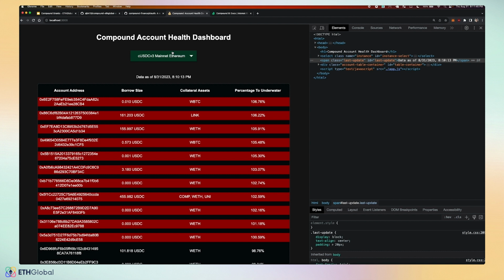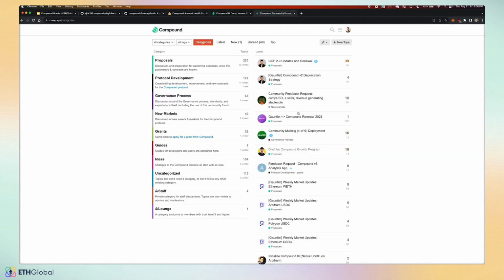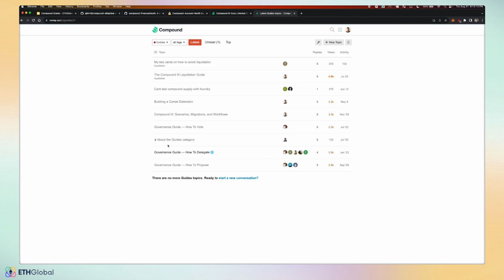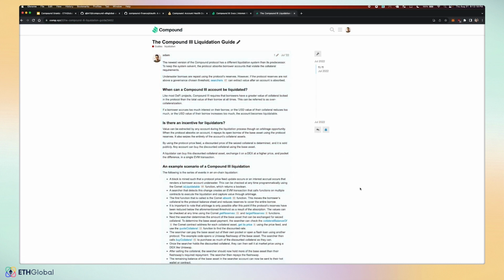So what you can do is you can use the on-chain liquidator smart contract, and you can call that contract using an EOA, and it'll liquidate an account. So if you head over to www.comp.xyz, you click on guides, you can find the Compound 3 liquidation guide and learn how to run your own liquidator on Compound. And you can use the on-chain liquidator contract and call it from an EOA to liquidate any